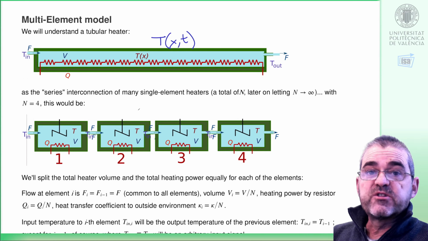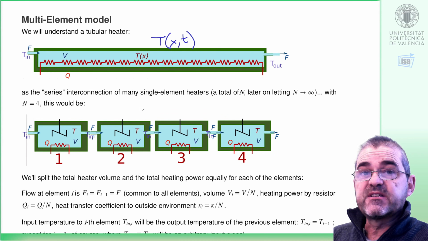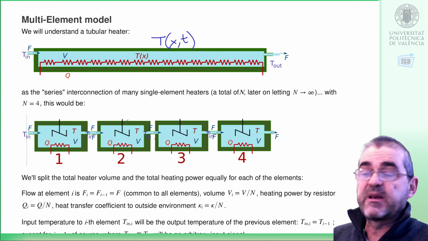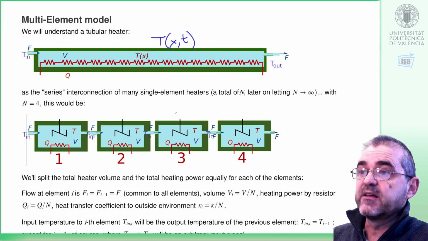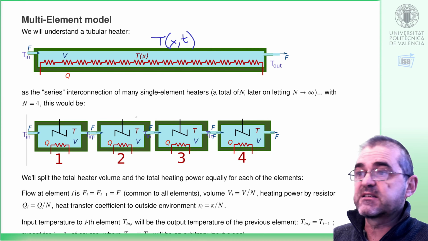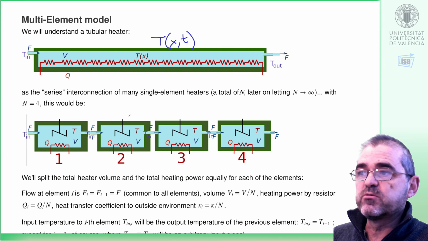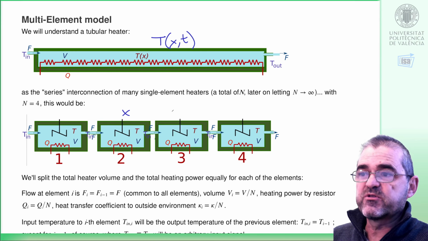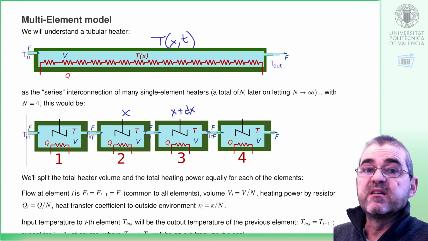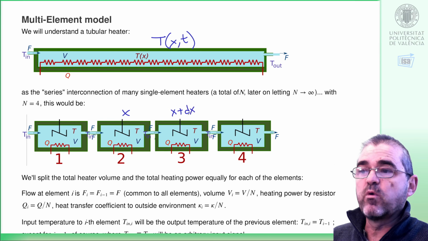Then we will assume also that the center of each element is displaced from the center of the next element by a length, which will be dx. So if element 2 is at position x, then element 3 will be at position x plus dx. In this case, dx will be finite, 1/4 of the total length, but of course, the trick will be making